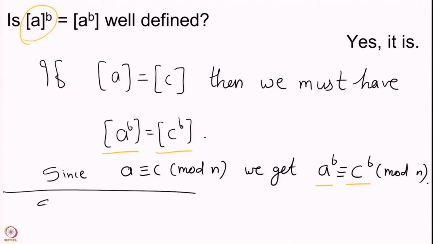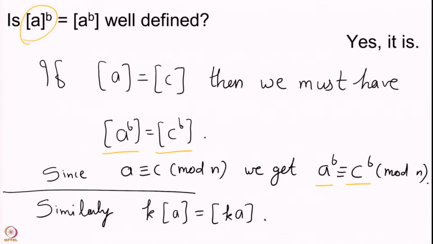So, just like from multiplication we went to power, similarly from addition we can go to taking multiples, but that is a very basic case of the multiplication. So, let me just write it here for you. Similarly, k times the class of A is the class of Ka. Okay. So, these were the 3, or if you consider the last operation, we had 4 operations which are well defined on the set of residue classes.